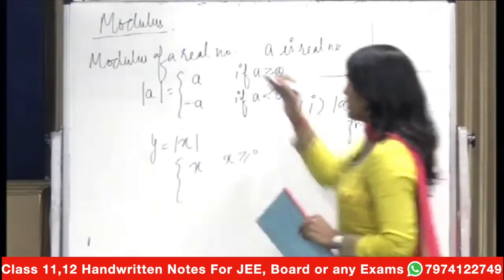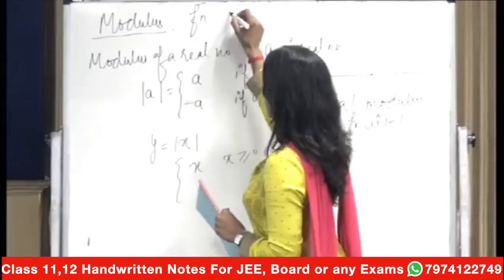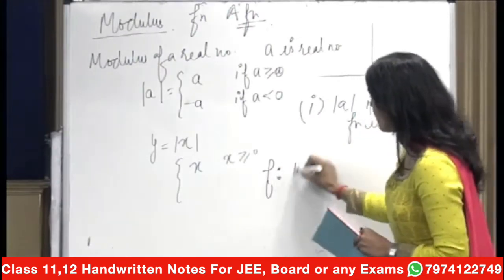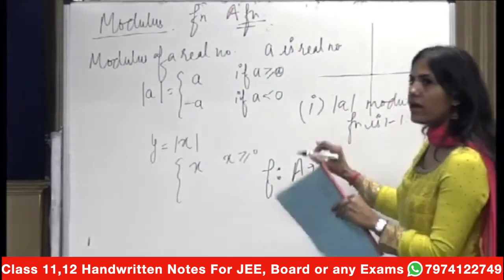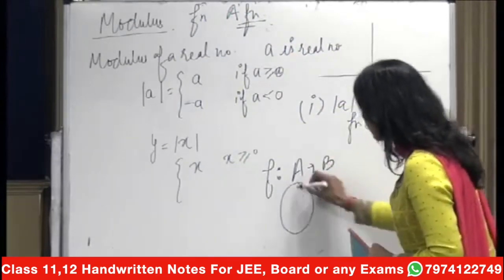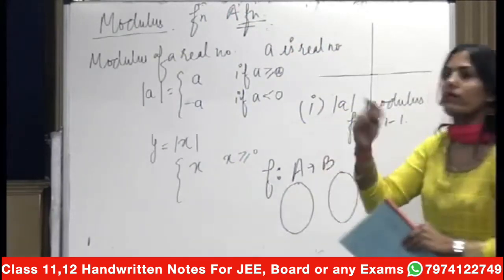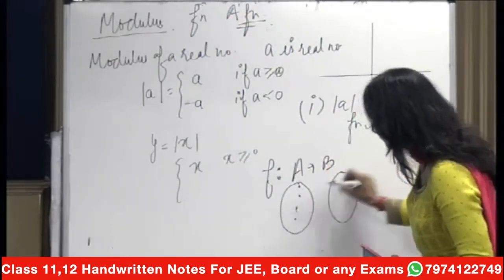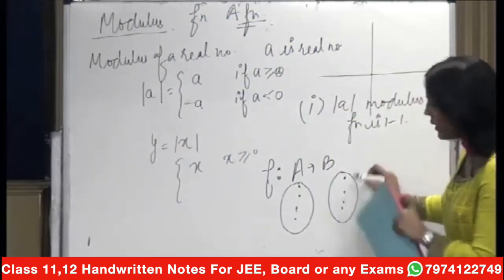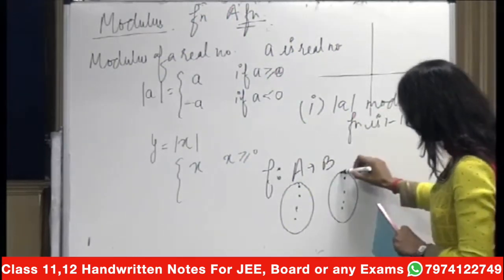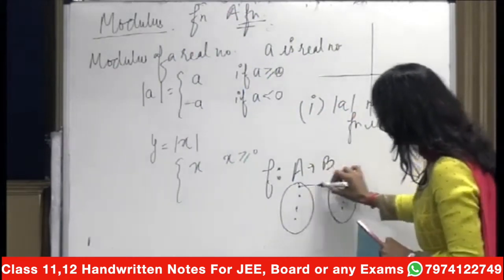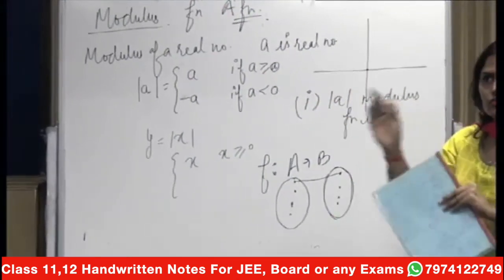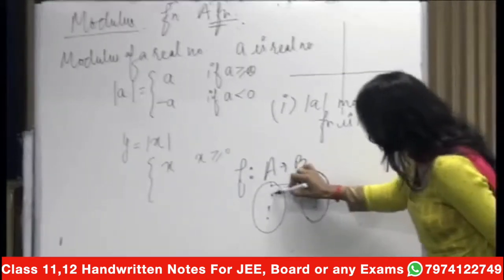Okay, function definition. Basically, I think first I should tell you what a function does. Suppose f is a function from a set A to B. When we say a relation is a function, this is A set, this is B set. If you have any relation, and that relation is mapping all the elements of A to B elements, okay? But for a function you can leave some of the elements of B. All the elements of A you have to match up with the elements of B. That is the condition for a function. Is it fine? So this is a function now.